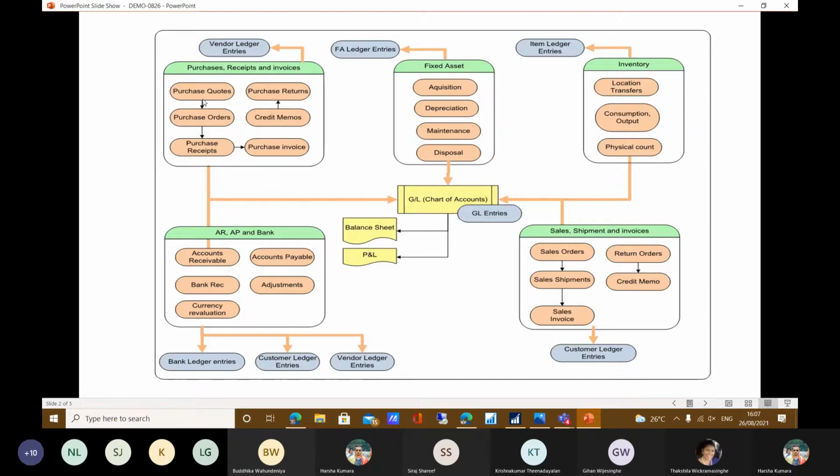Fixed asset, then if there is any purchase order or purchase invoice, then vendor ledger entry, and also at the time of updating the subledger, the chart of accounts is also updated from the vendor ledger entry. Likewise, there are lots of